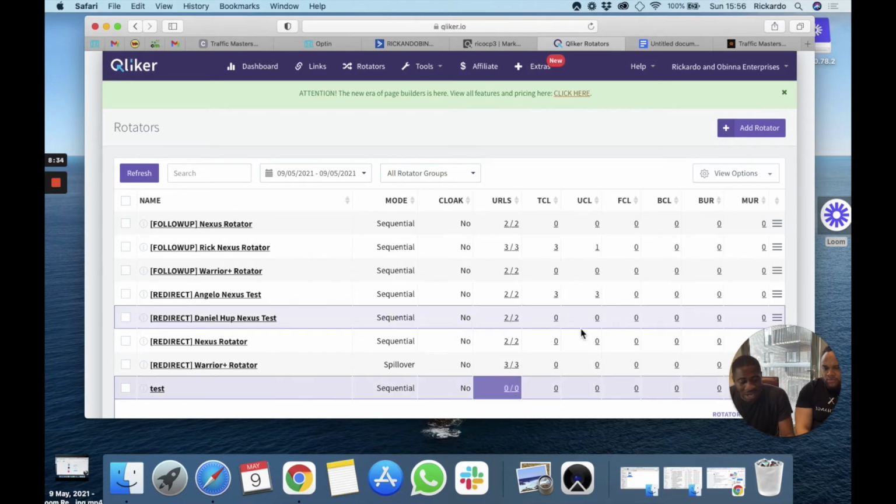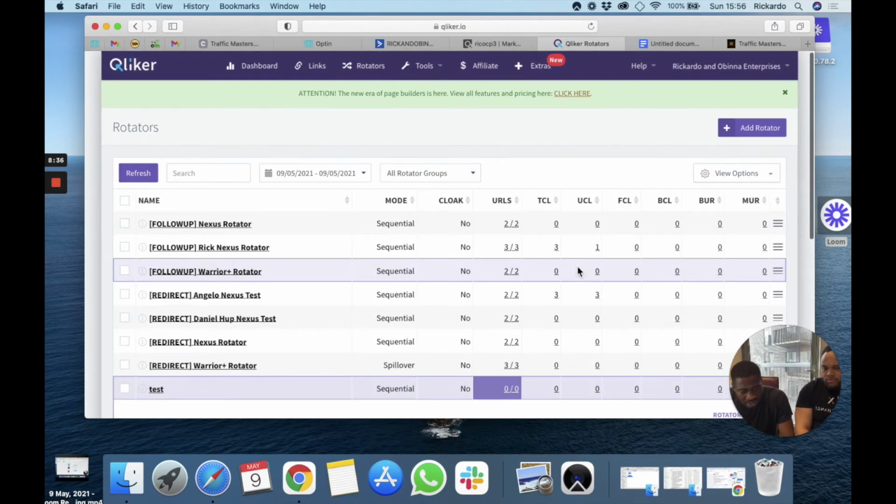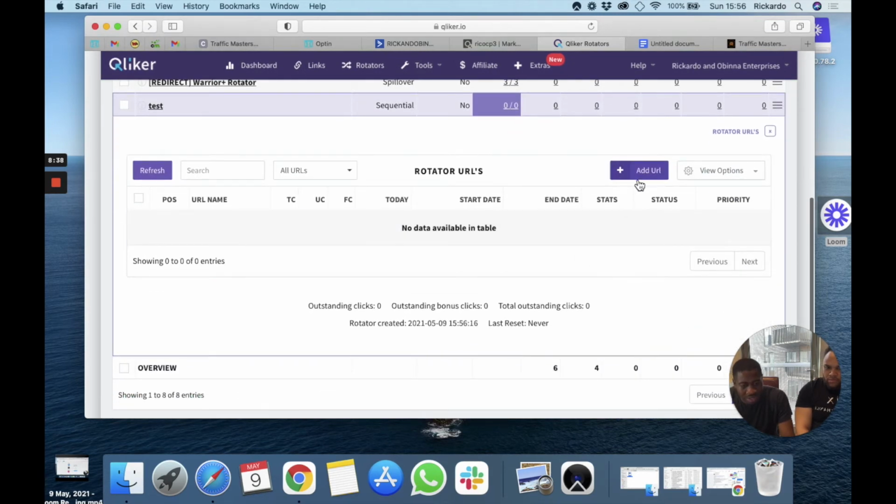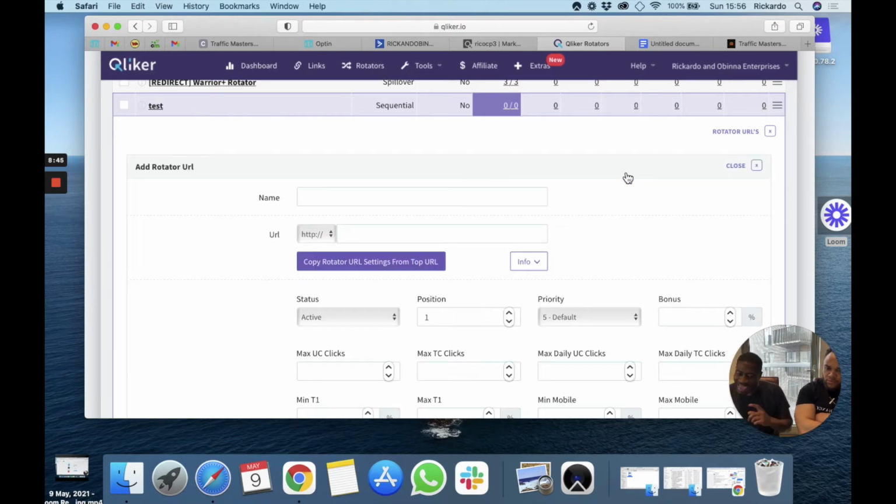Now what we need to do after that is add in the offers. To add in the offers, let me just scroll down, scroll over here where it says add URL. This could be any offer, but then again we need to find the offers to put in there. As you saw before, you're going to get a proven offer from us, what has been working. But should you actually want to add in any offer you want,